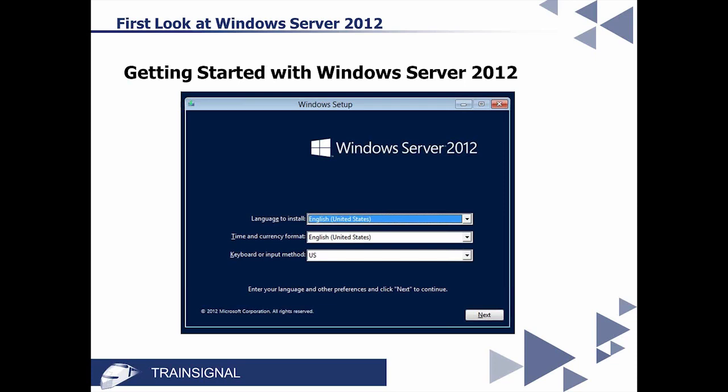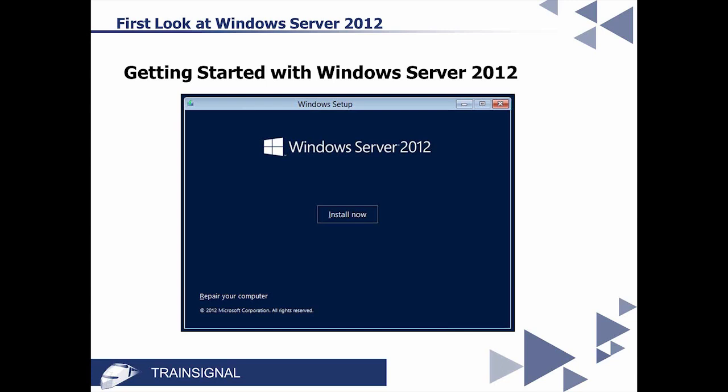All right, so like I said, especially for those of you who are used to Windows Server 2008, this is going to look a little bit familiar. Now, this is all just screenshots. I'm not going to actually waste your time because it would take a lot longer to go through and do an actual installation. When you put it in, you get a very familiar screen where we see about selecting language and time and currency format and keyboard and input method. Typically, you just go ahead and click Next, or I shouldn't say typically. Here in the United States, you would click Next. Everywhere else, you would change it to whatever you want and then click Next.